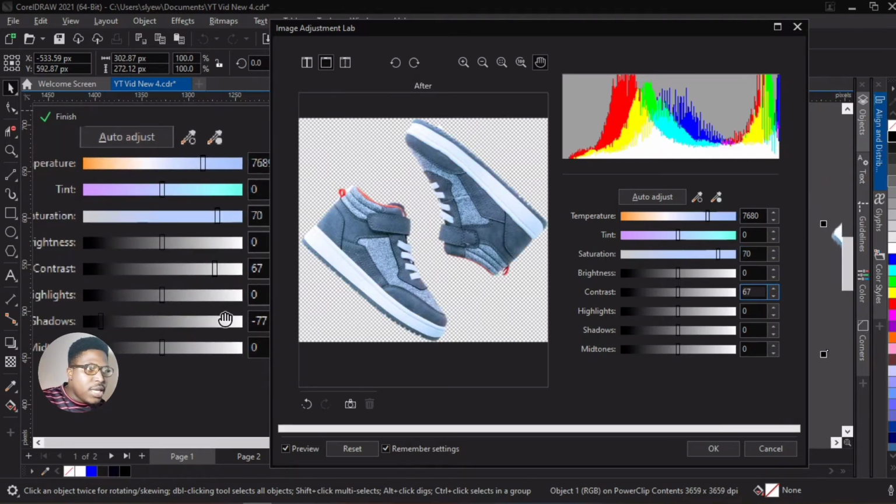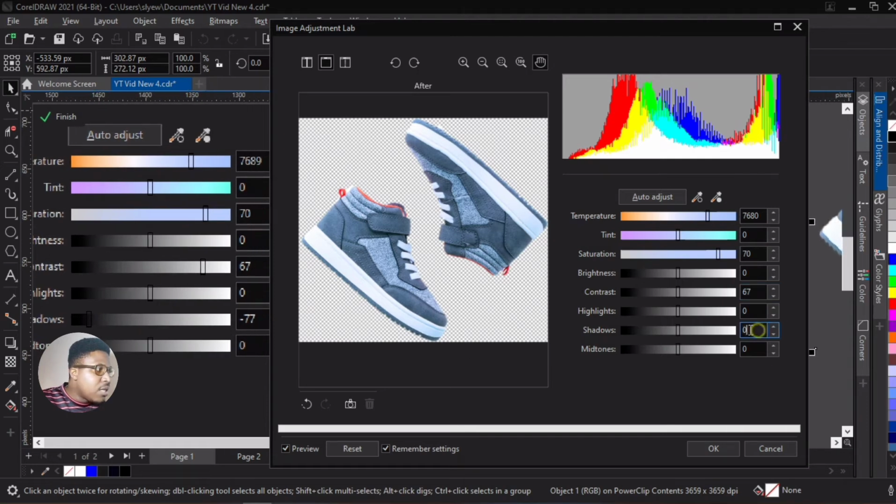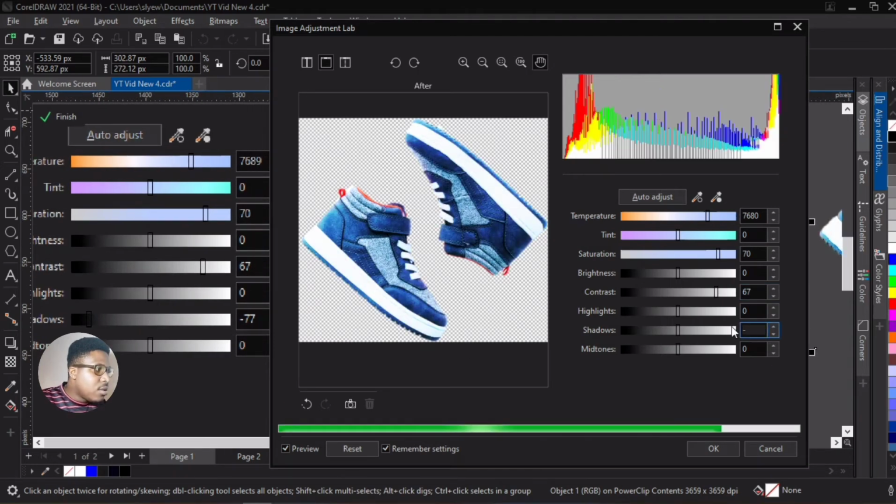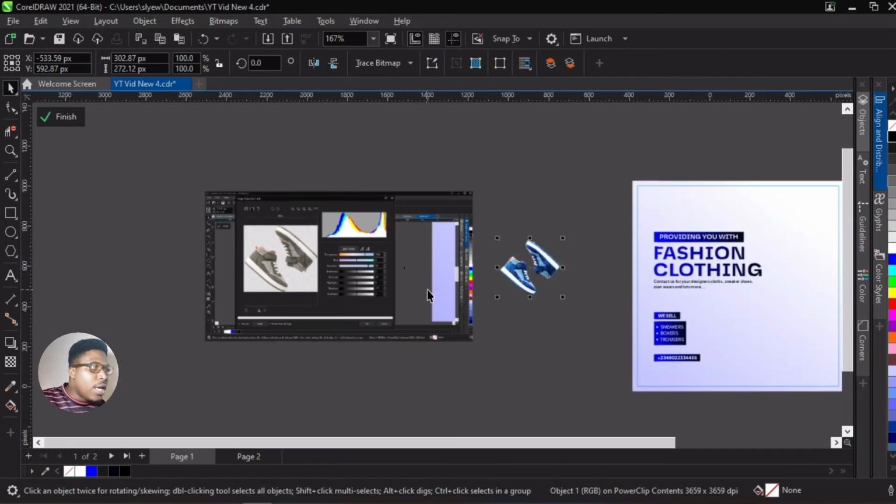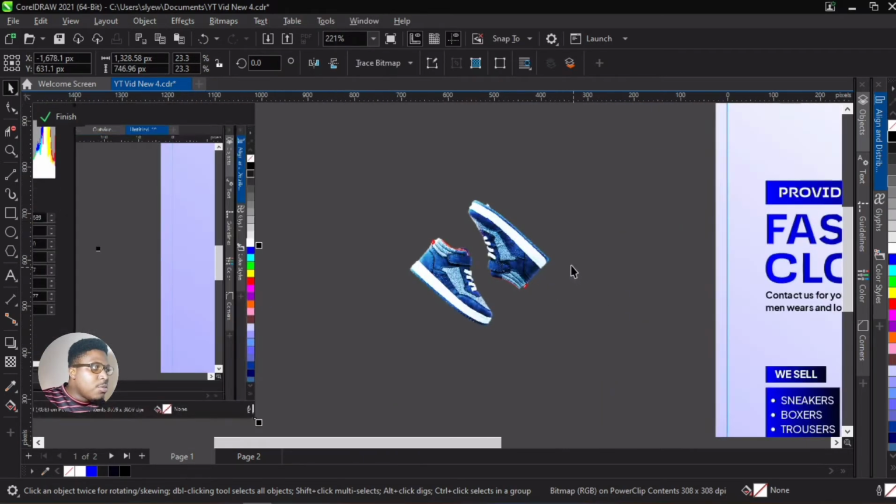And then for the shadows I had -77. Okay, so now we've been able to get that. Now we do that, and we click on OK,